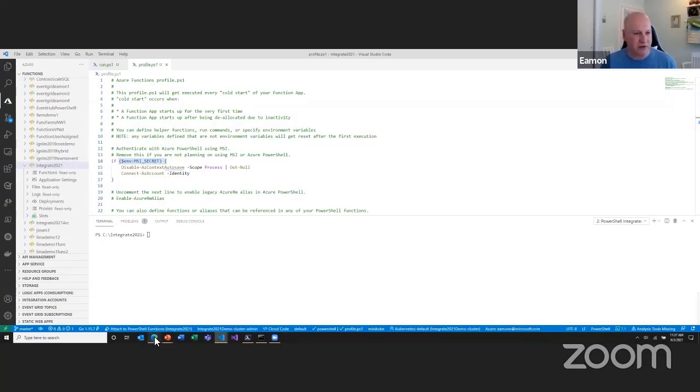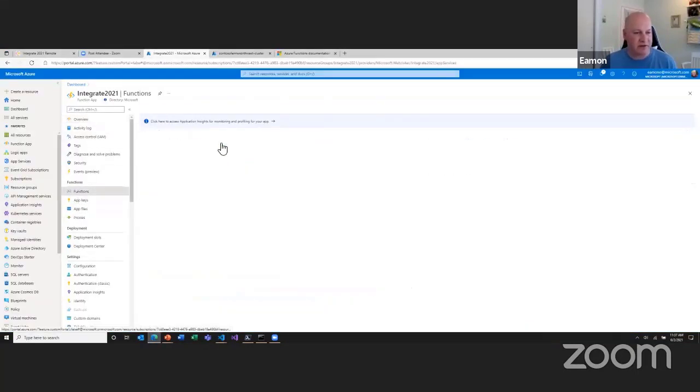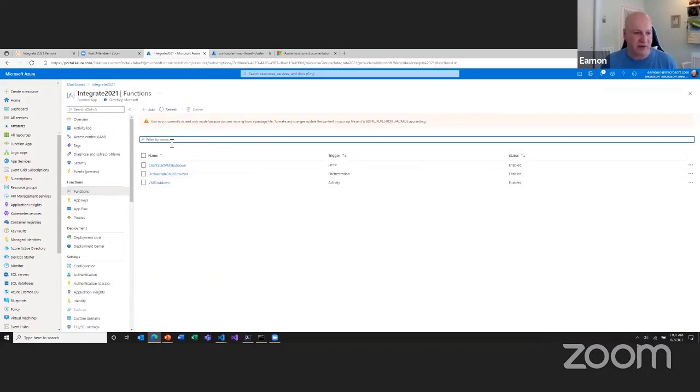And then I'll go back into the portal. And hopefully if I go into Functions, you can now see that those three functions are available. So I have the client that's going to start it. I have the orchestration that's going to get the list of VMs, and then on each, the orchestration is going to call VM shutdown in parallel, and then it'll aggregate the results together